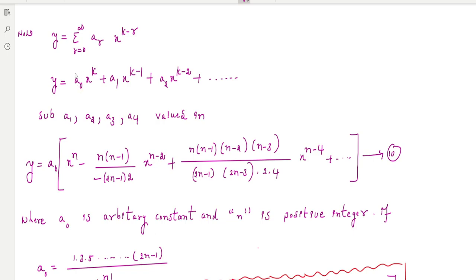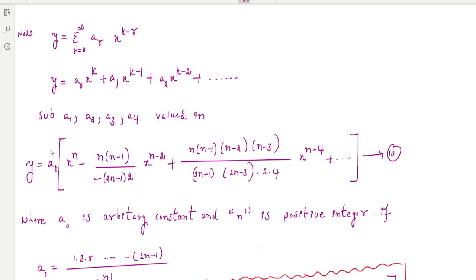We already know the a0 value, the a1 value we already know. Okay, a1 value 0, right? This is the a2 value, a3 value 0, a4 value, a5 value 0, a6 value. So if you substitute all these a1, a2, a3 values, then take a0 common,